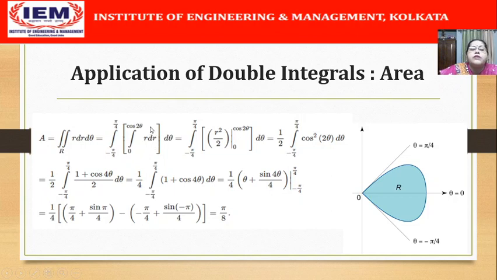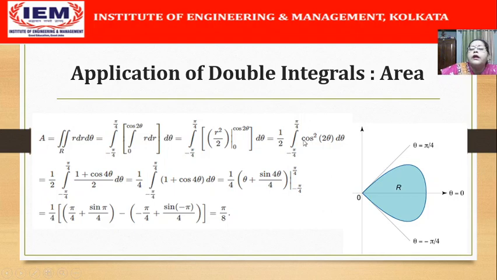So we integrate first with respect to r, and the limits of r as discussed are from 0 to cos 2 theta and the limits of theta are from minus pi by 4 to pi by 4. So as we integrate r dr, this is r square by 2. Limits are from 0 to cos 2 theta. And as we put the limits, this will give us cos square 2 theta and the half is taken